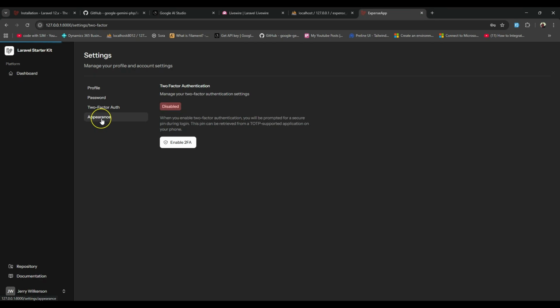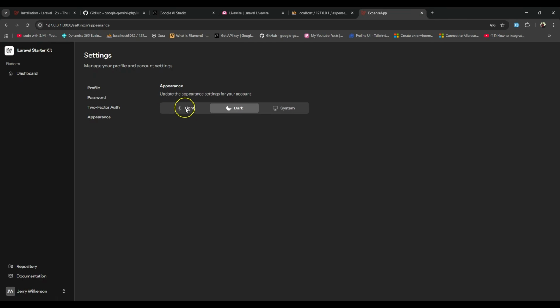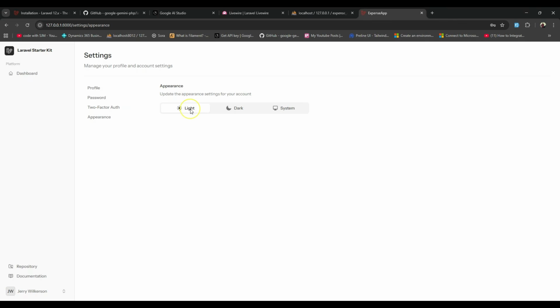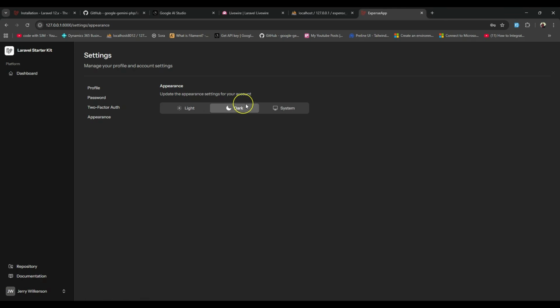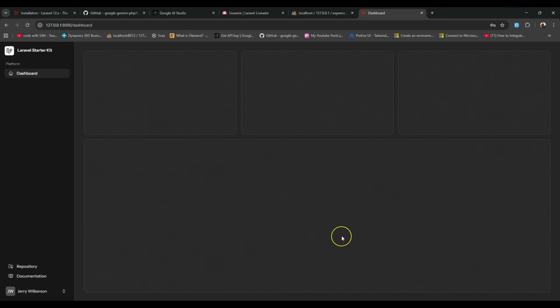Also the users can change the appearance of the application. For now you see we are on dark mode, but you can switch to light mode like this. Also you can leave the system to decide. Okay, for now let's stay with the dark one, and now let's go to the